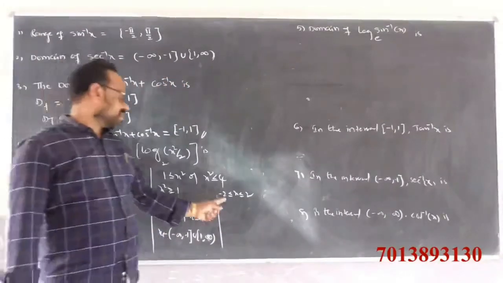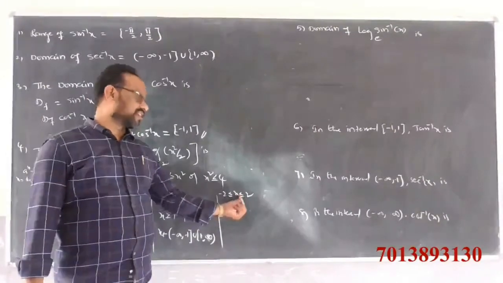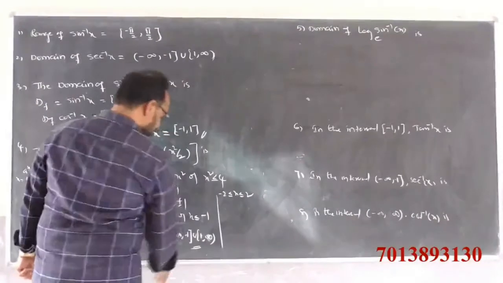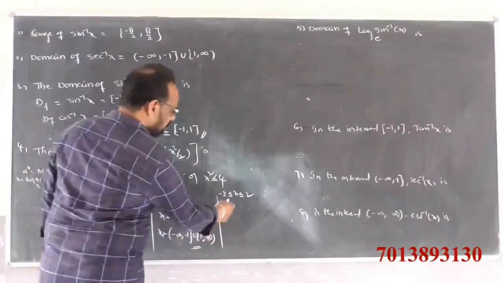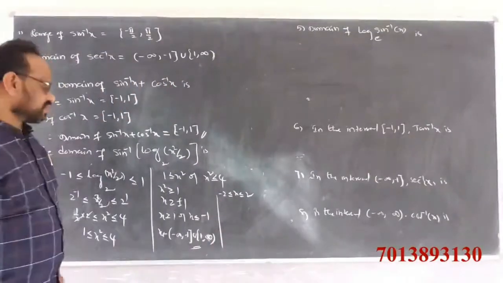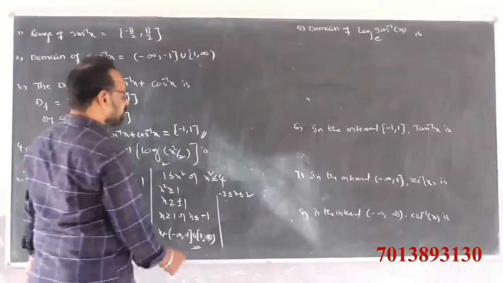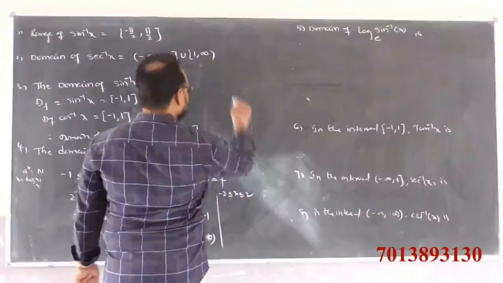The x values lie between minus 2 is less than or equal to x is less than or equal to 2. Here, the domain is minus infinity to minus 1 union 1 to infinity. Here, the domain is minus 2 less than or equal to x less than or equal to 2. What is the intersection point here? Clearly, the domain of this one is the domain of